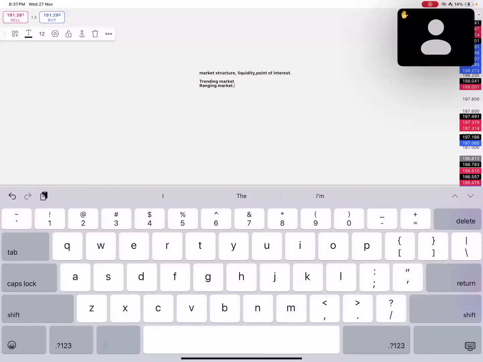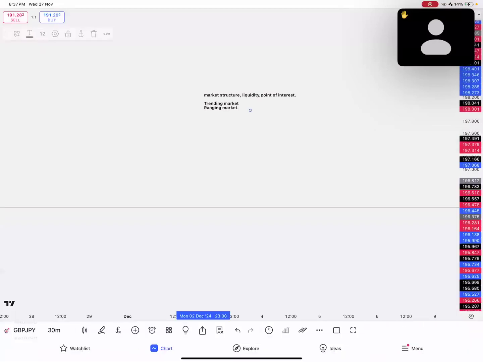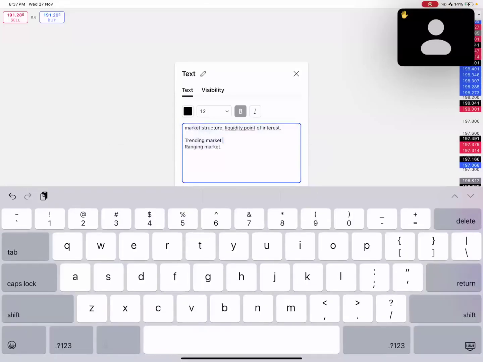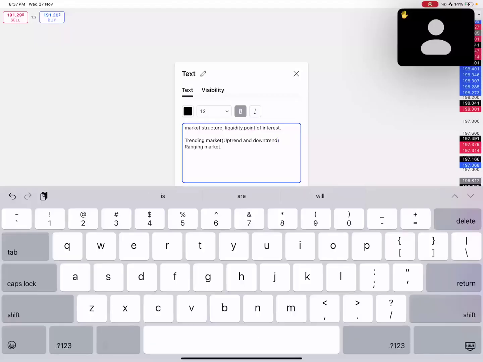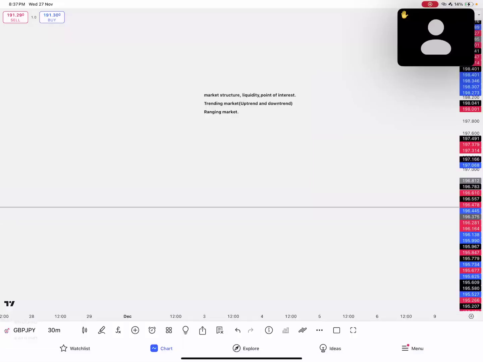In the trending market, you have two types: the uptrend and the downtrend. Here is where you have your uptrend and your downtrend. And then you have your ranging market. So the market structure is the current flow, the current behavior, and the current order flow of the market. In the trending market, you have your uptrend,